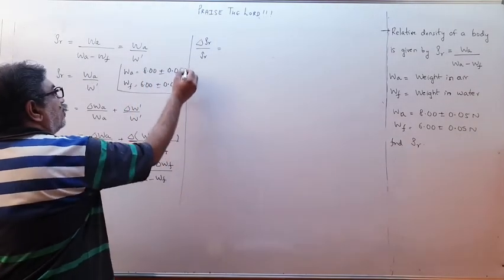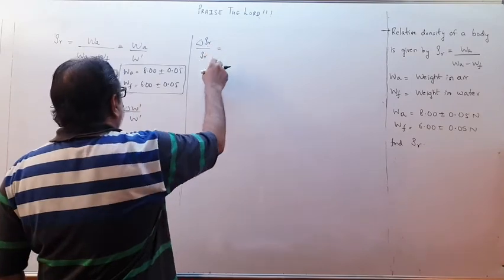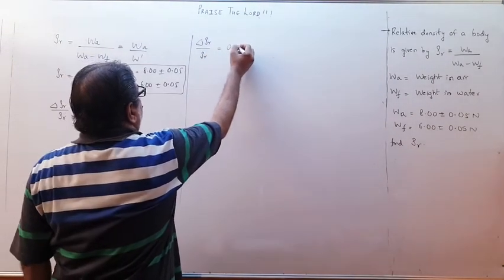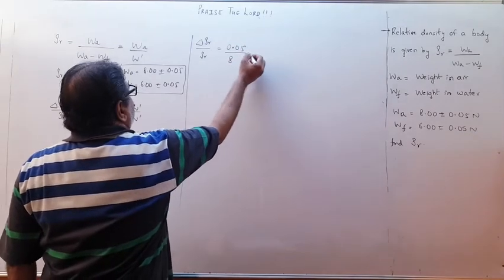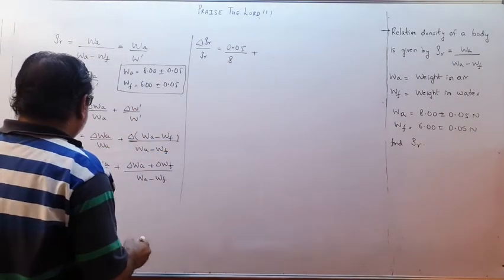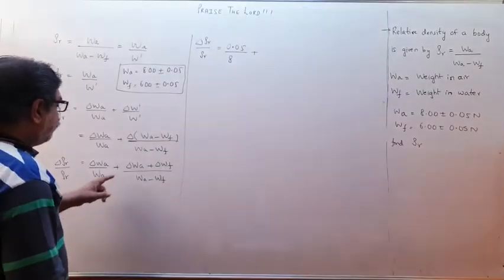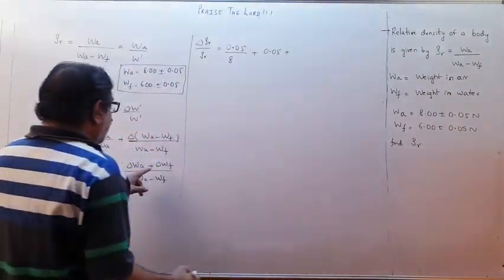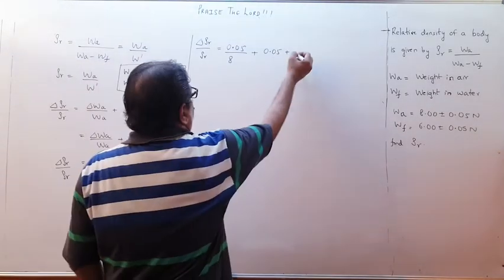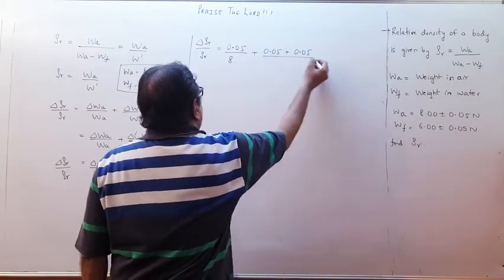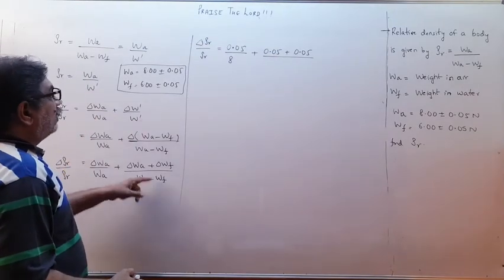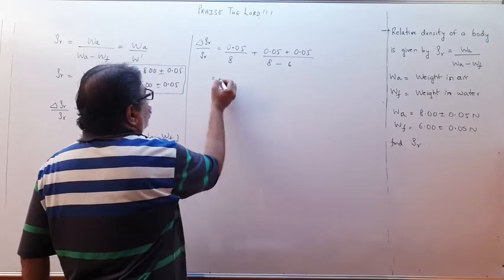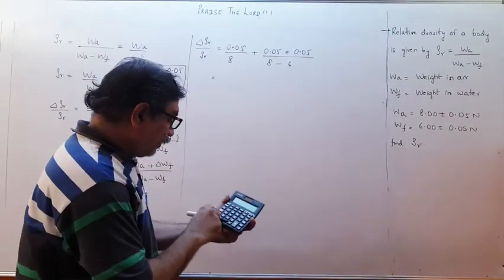So delta WA, error in WA, is 0.05 upon true value, that is 8, plus delta WA, which is again 0.05, plus delta WF, that is again 0.05, upon WA minus WF, true values minus, 8 minus 6. So this becomes 0.05 upon 8